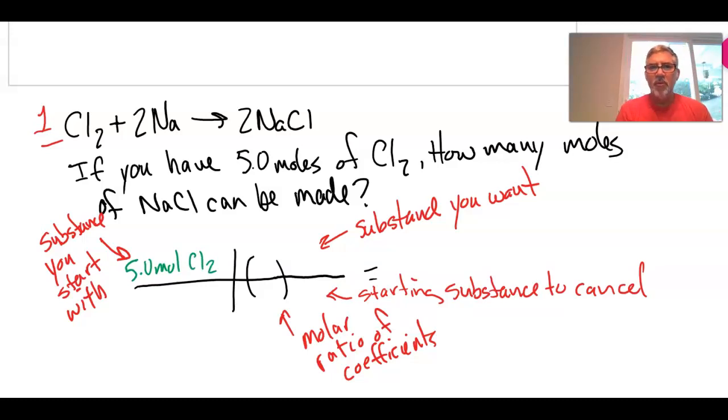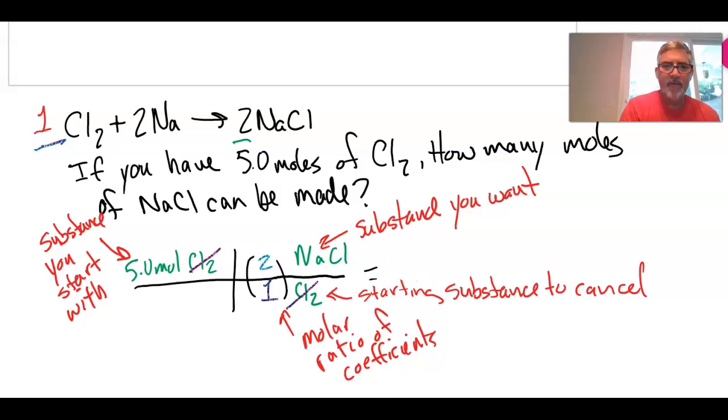Right. How many moles of sodium chloride could I make? So over on this side, the substance you want. Starting substance to cancel. I started with Cl2, so I want to put that down here so I can cancel. And the molar ratio coefficients. So the coefficients by NaCl was 2. So I'll go ahead and put that there. And the assumed 1 for Cl2. Right? So, pretty easy math here. I'll cancel out my Cl2. I'll end up with